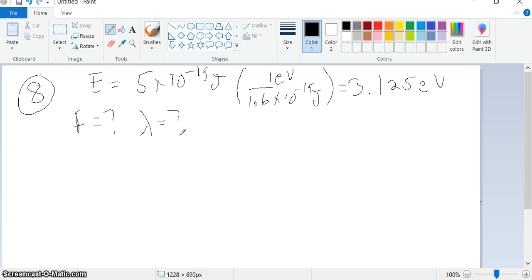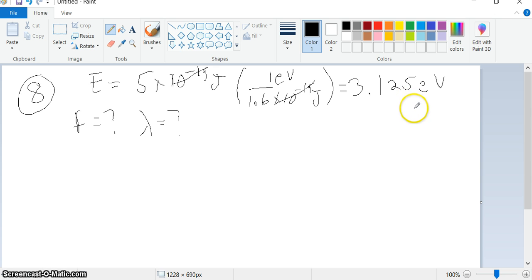I just did a little conversion here, so they approximated it. Recall that 1 electron volt is 1.6 times 10 to the minus 19th joules, and notice the times 10 to the minus 19th will actually cancel. You can put this in your calculator to verify it, that this and this cancel, and so it's really just 5 divided by 1.6, so it becomes